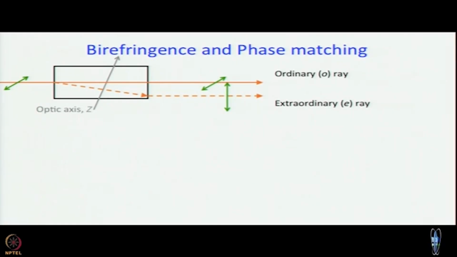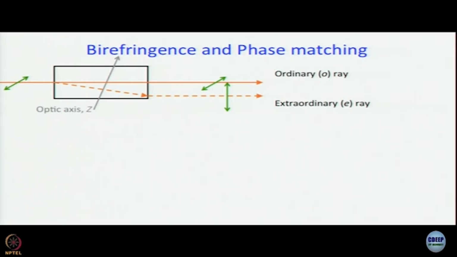Also, the refractive index of the ordinary ray, and now comes why it is ordinary, why it is extraordinary, and this is the most crucial part of the discussion. Refractive index of the ordinary ray is the same no matter what the angle of incidence is. Of course, refraction will be there because the light is passing from air to a denser medium,